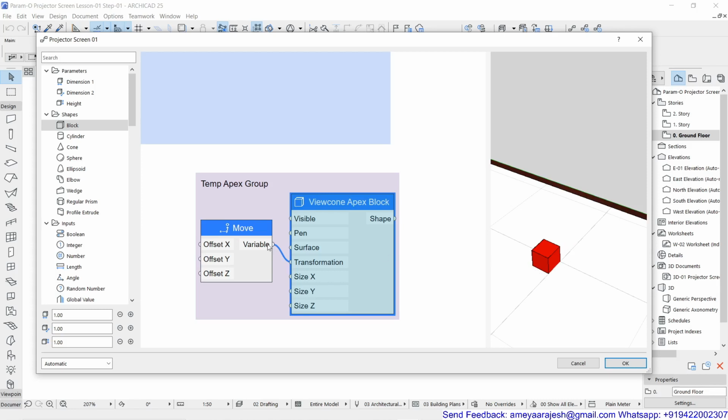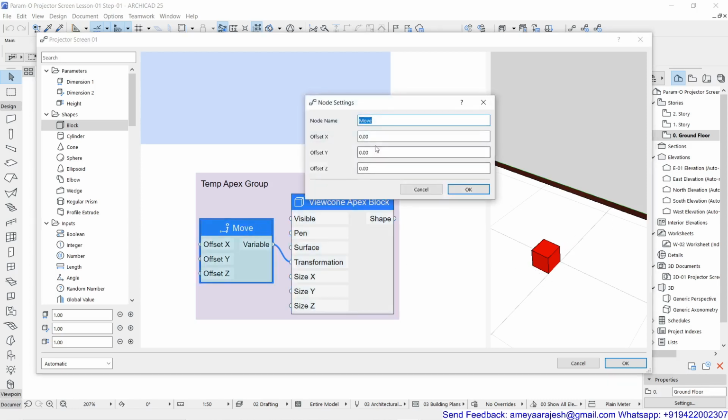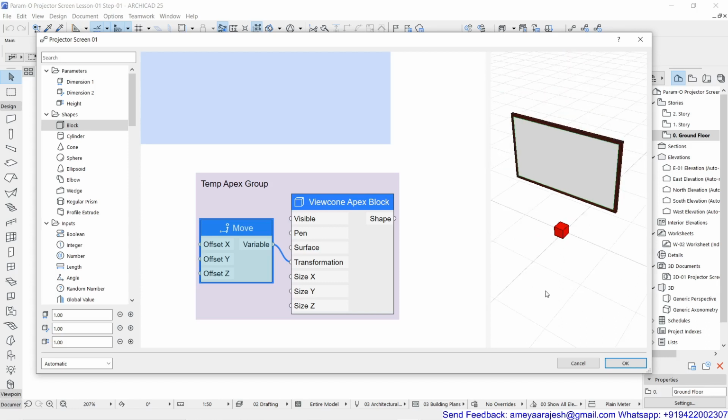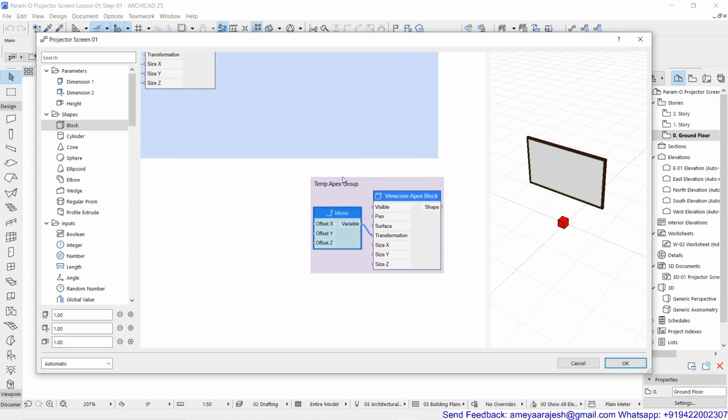So I'm going to move this object. Here I'll be using the x value, and that too minus 0.1. So you will see this is how I have moved this block for its placement, and now the midpoint of this side is passing through the y-axis.